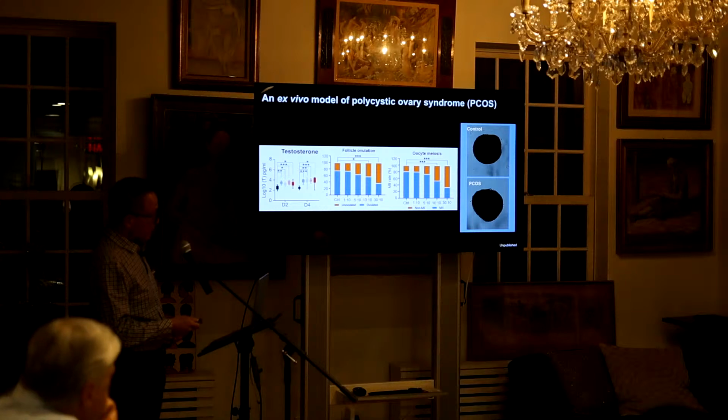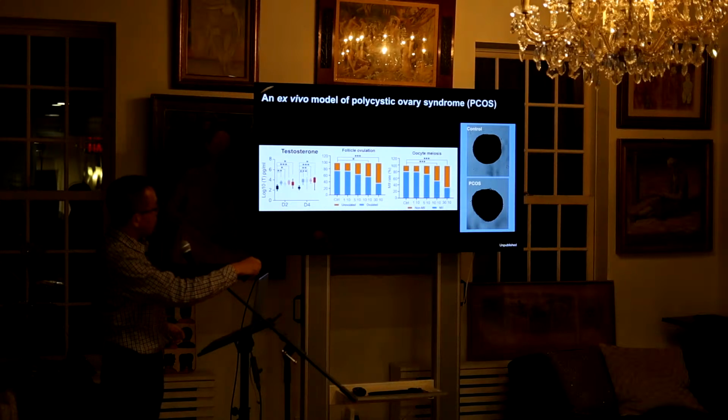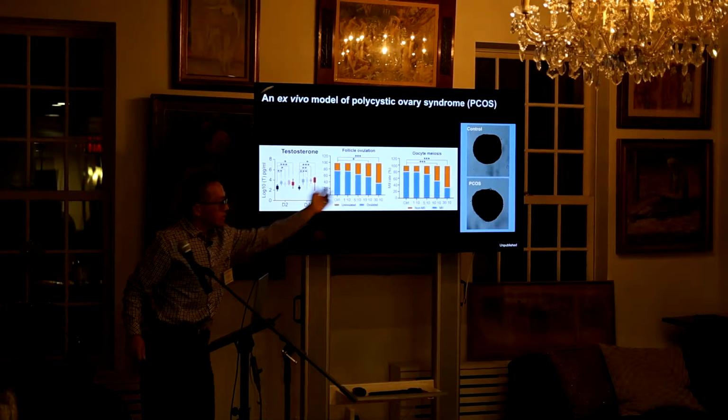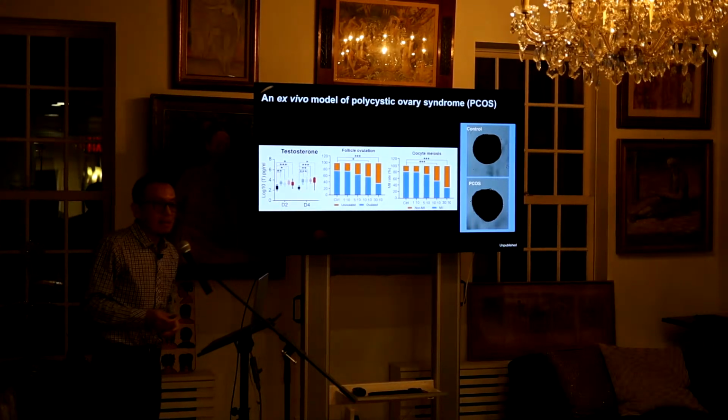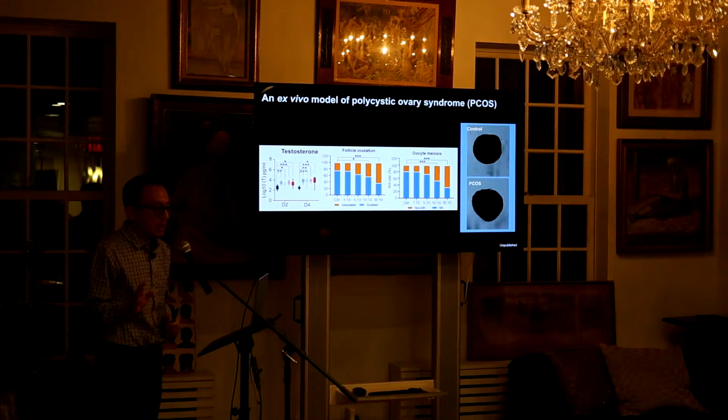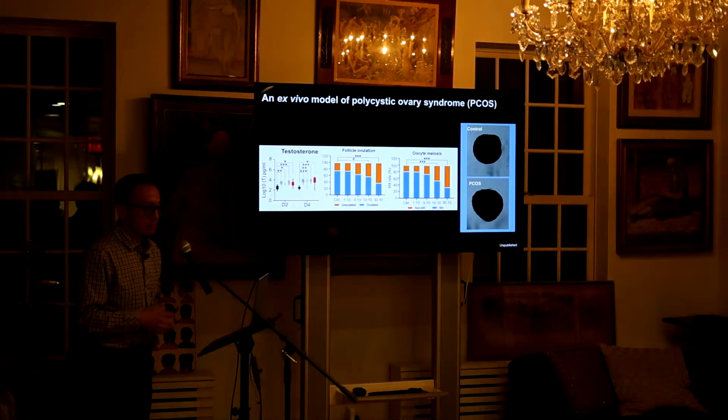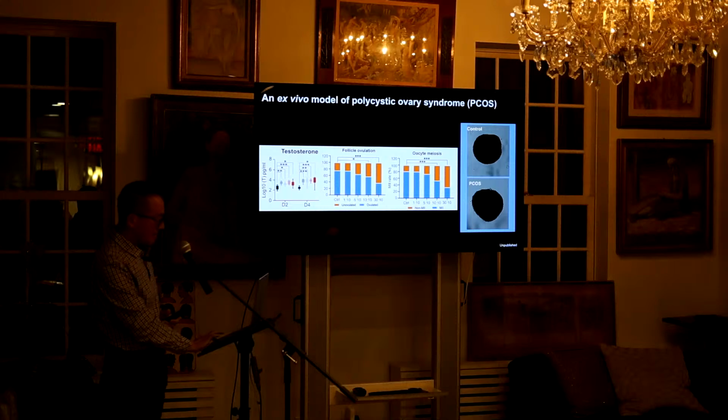And we also see that they don't ovulate very well. We see a dose-dependent effect on ovulation reduction too. We see it right here. And for the oocyte, we don't see very much change actually. So as long as the follicle can rupture, we can see the polar body. So that means the oocyte is probably less sensitive.